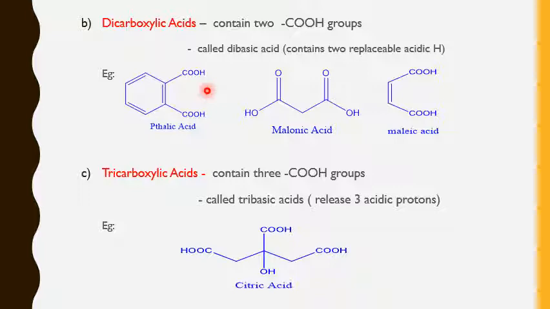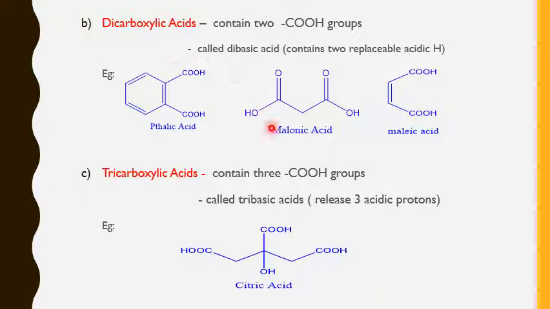Since carbon has a valency of 4, the 4 can be satisfied by COOH, or it can have one COOH, or it can have two COOH, like so. But we will see such types of examples here. You can see here, this is phthalic acid, this is malonic, and this is maleic. So phthalic acid has an aromatic type of hydrocarbon where it has two COOH groups attached to the benzene ring carbons. Since it has two COOH groups, it is categorized as a dicarboxylic acid.